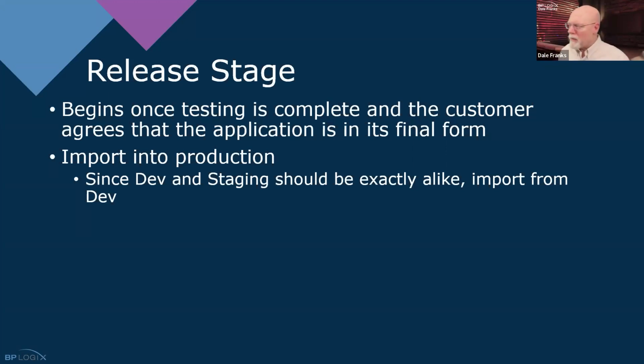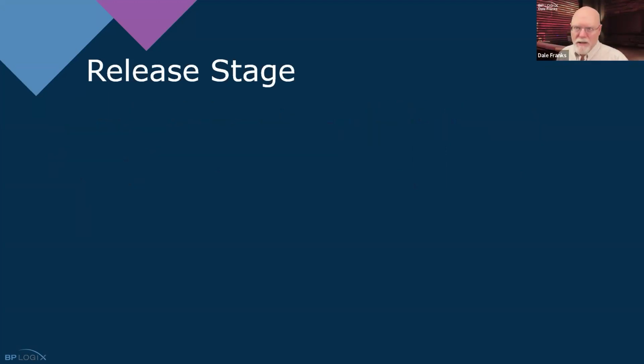If you only have 2 servers, obviously it doesn't work that way. You're probably doing all of your work on stage, and so you'll just export from stage. That's perfectly fine. But if you have all 3 systems, all of your exports should be coming out of dev. You shouldn't go from dev to stage and then to prod. You hit dev to stage for test, then dev to prod for production.